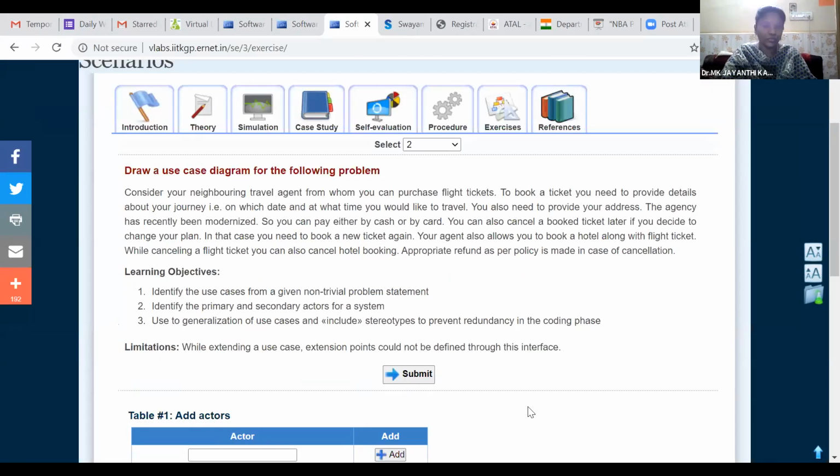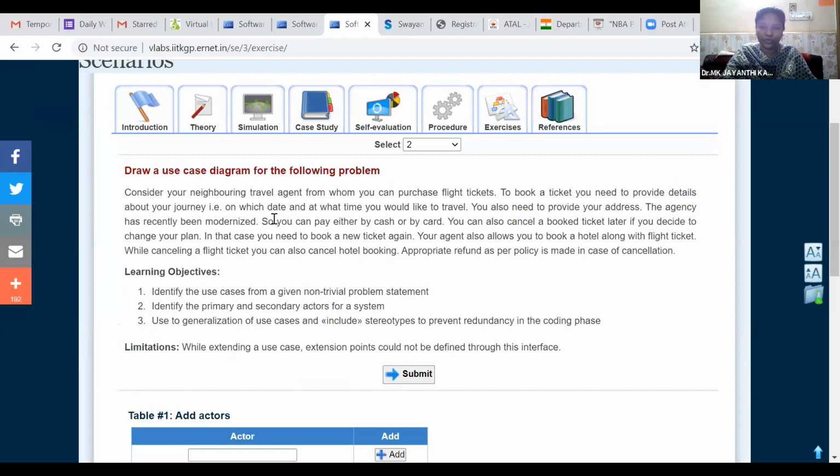So if you go to the exercise, they give you one case study. For example, to draw the use case diagram for the following problem. Consider a travel agency form where you can purchase flight tickets, you can book your ticket. You need to provide details about your journey, that is on which date and which time you would like to travel.